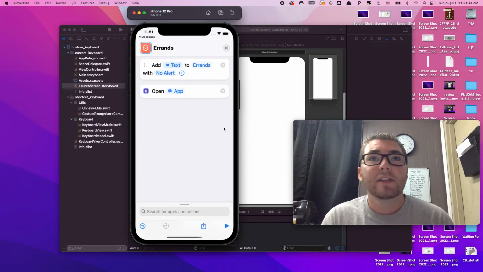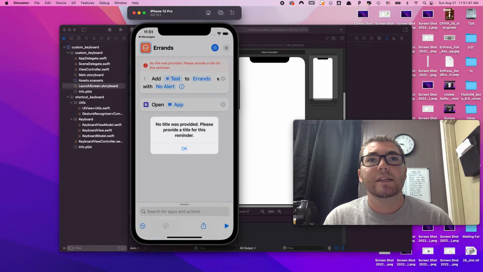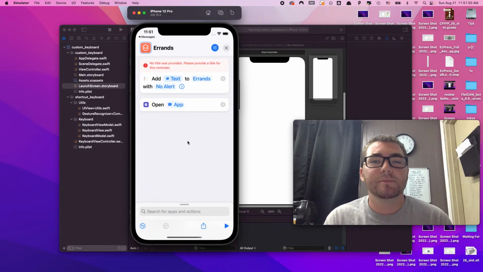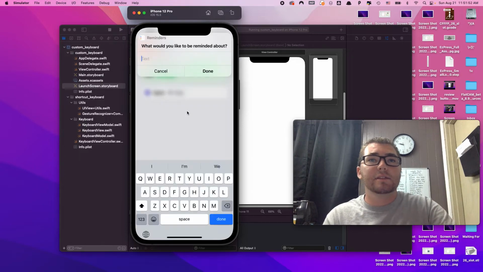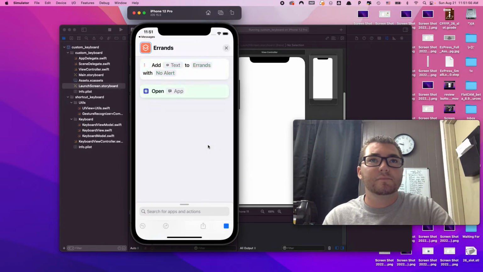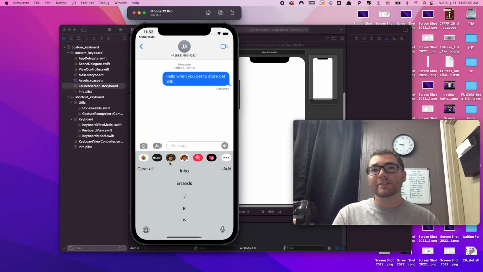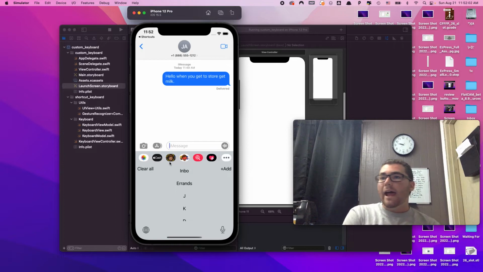So let's say I create an errand, and I created it, and now it tells me to open an app. Oh, it's being picky because I didn't add anything in here, that's fine. Now it's going to tell me to open app, and I could go straight back to messages. And maybe you would want to add that function of one of the shortcuts commands of open app, so that,